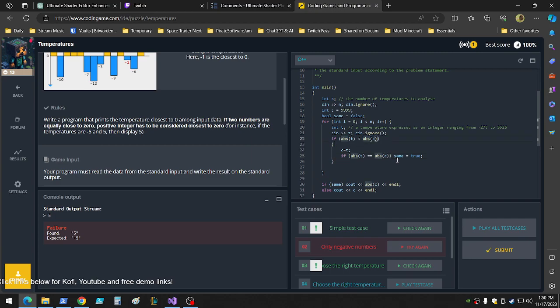Oh, but we need to check, because what if we find one that's less than and then later we find one that's positive? Then we need to check if they're all equal, less than or equal to. Absolute value of t equals that, then same equals true. Okay. And there's never a condition where we're going to set same back to false. And then if same is true, then we're just going to out the positive. Otherwise,